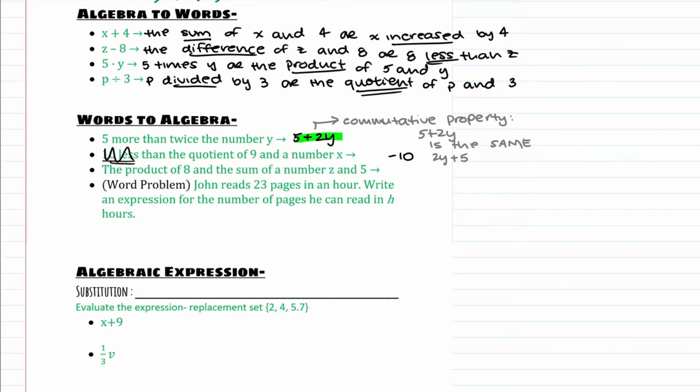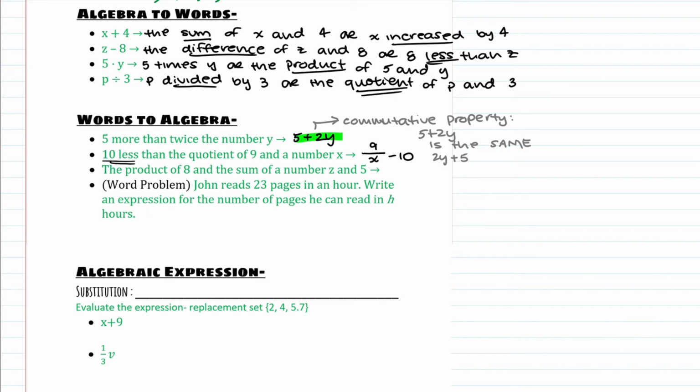So the quotient of 9, meaning 9 is going to be on the numerator of our fraction, and a number x, meaning x is going to be on our denominator. So in simple terms, it is just saying that 9 is divided by x, my bad. So 9 divided by x minus 10 is our answer for this one. Now,